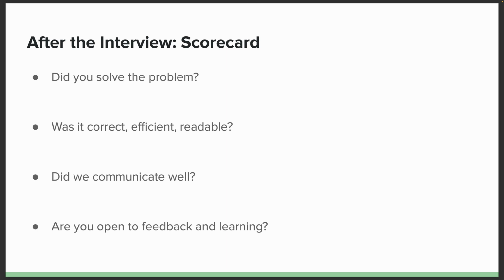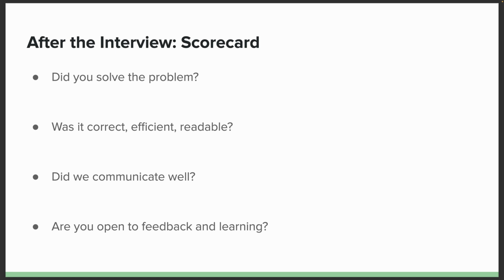Okay, then when the interview is over, I'm going to be asked to fill in a scorecard in whatever applicant tracking system we're going to use, right? And the things that I'm looking for are basically all the things that we've just talked about. The actual questions will be different, and how it's organized in the applicant tracking system doesn't necessarily look like this, but these are the things that are primarily relevant, which is number 1, did you solve the problem? Right? If you didn't solve the problem, that's a bad sign, but depending on the level and the nature of the problem, it might not be the end of the world, depending on how the other attributes here went.